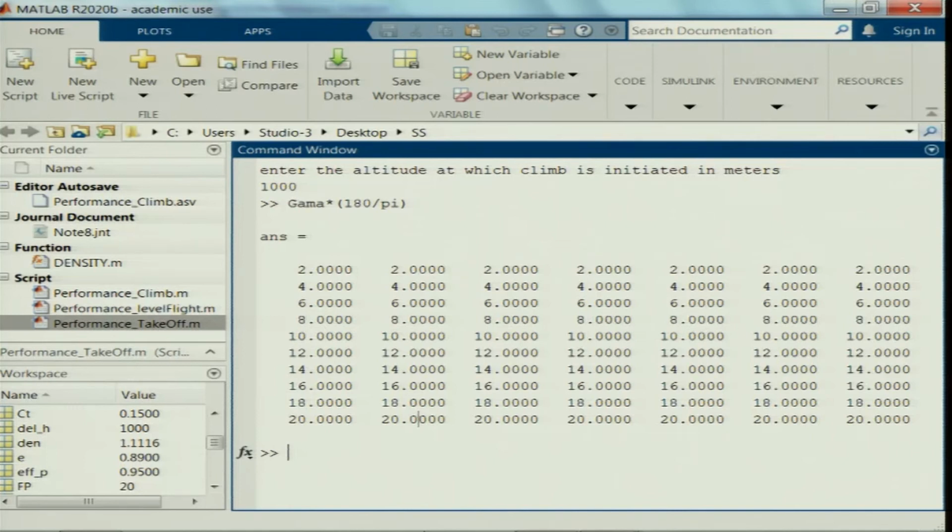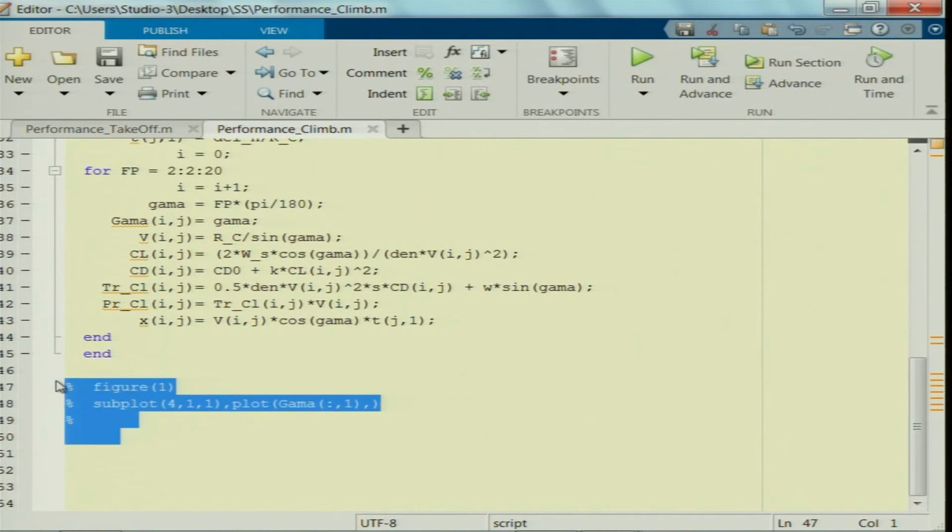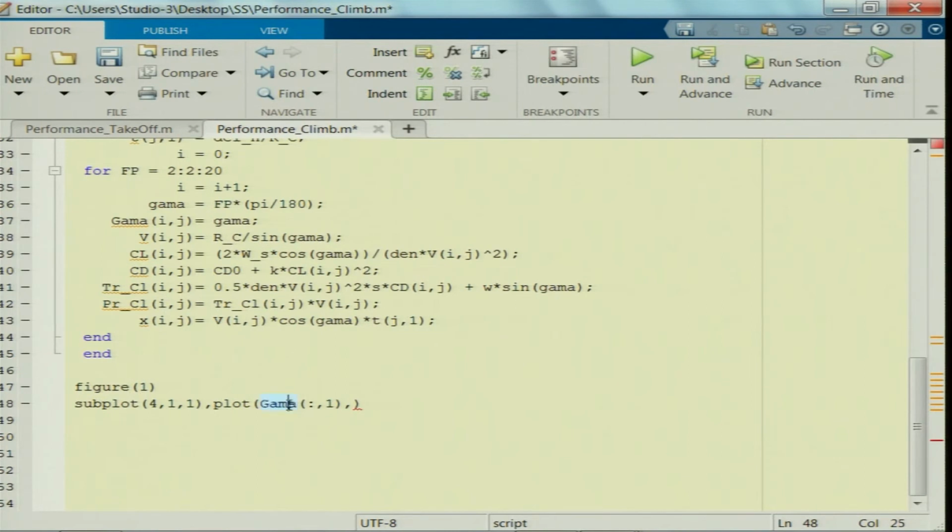So, the gamma here I can now plot. Now you will be more comfortable to appreciate this. Considering any one column in the gamma is good enough for me to plot the variation of any other variable with respect to gamma.